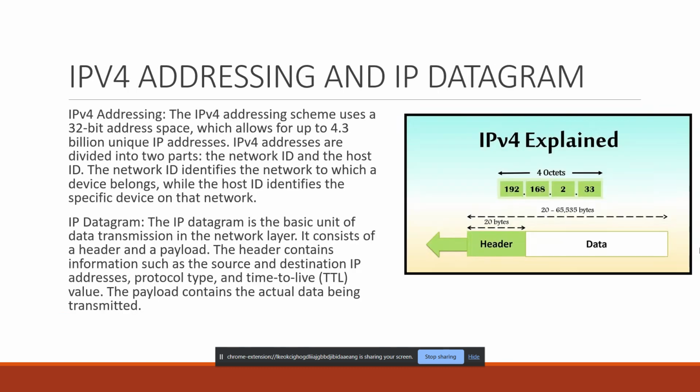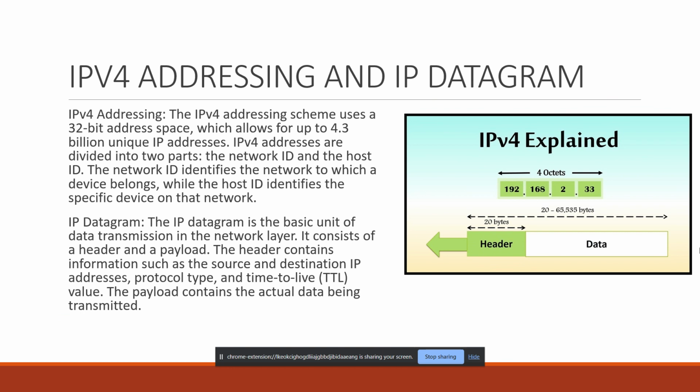IP version 4 addressing and IP datagram. The IP version 4 addressing scheme uses a 32-bit address space and allows for 4.3 billion unique IP addresses. They are divided into two parts: the network ID and the host ID. The network ID identifies the network to which a device belongs, while the host ID identifies the specific device on